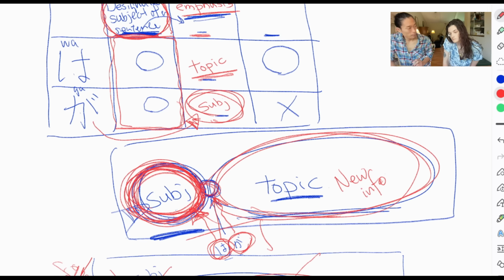There's another function that only wa has, but ga doesn't have. This is introducing a topic. So for example, if I said, what did you do last week? Or what are you gonna do this week, right? You can say something like, for Monday, I'll do this. For Tuesday, I'll do this. For Wednesday, I'll do this. I am the one who's studying, right? Yeah. So "I" is the subject, right? But then here, for Monday,